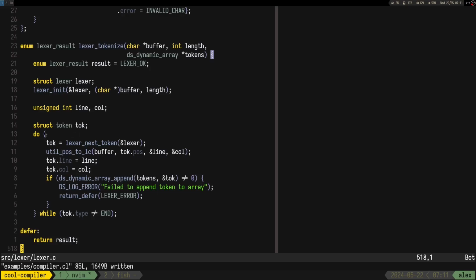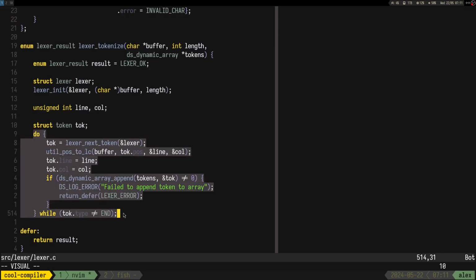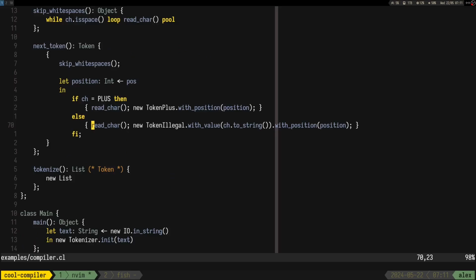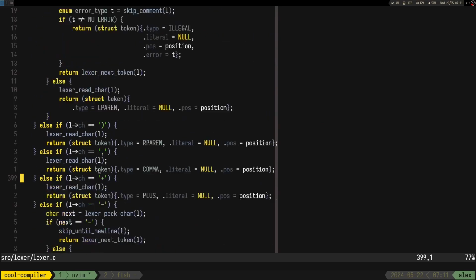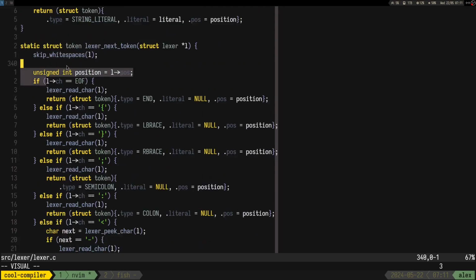And I guess in Tokenize we just have to do this while loop. But it's also like for next. Oh, I guess yeah. When character is 0, we stop.